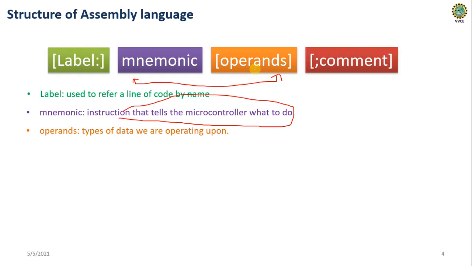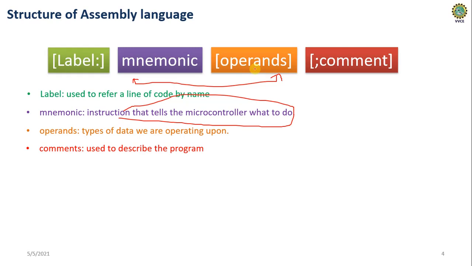Then last comes the comment. The comment describes the program. What the instructions say, what the instruction is telling the microcontroller, and what happens after every instruction. That description comes with the comment. Most developers don't believe in comments, but some professional controller or program developers usually mention comments which describe the type of the instruction or the program.